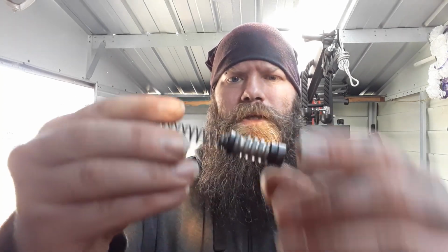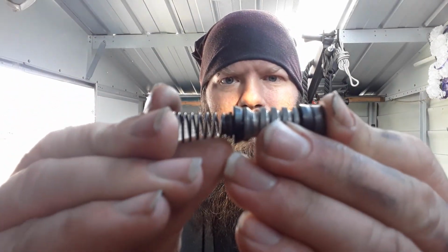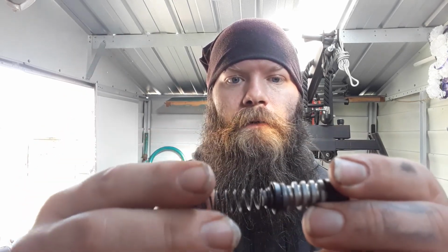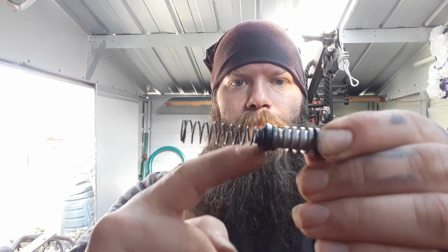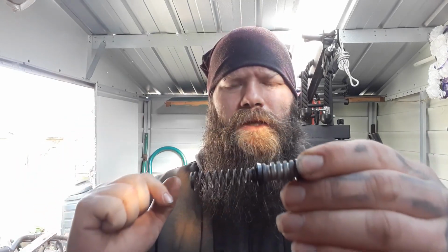I suddenly thought, with these, as you push it through the system, this piece here, as it comes out, it will suck the fluid through the pipe, and it'll suck it through, and then as you push it through, it will stop it. All the fluid will stop all around here, and then be pushed through. So I thought, right, okay. If it does that, why isn't it? I took a look at this,